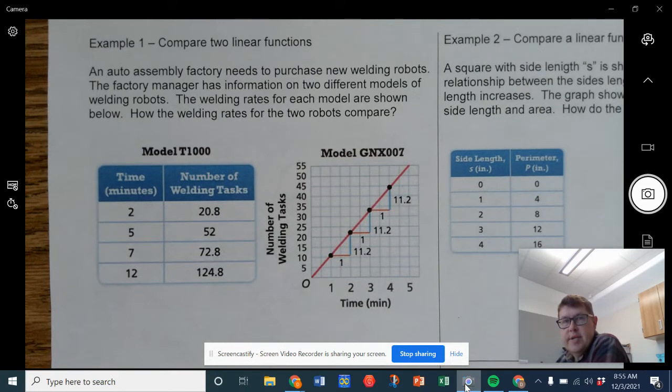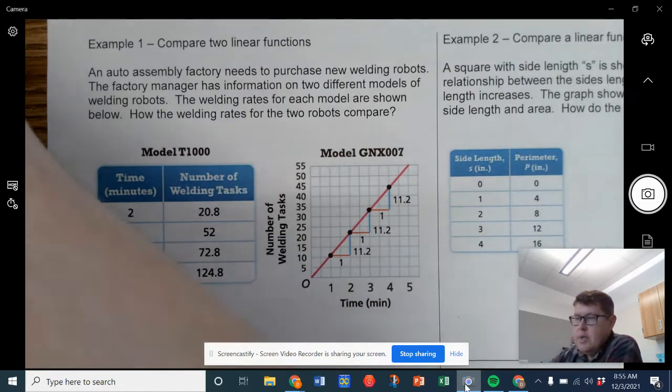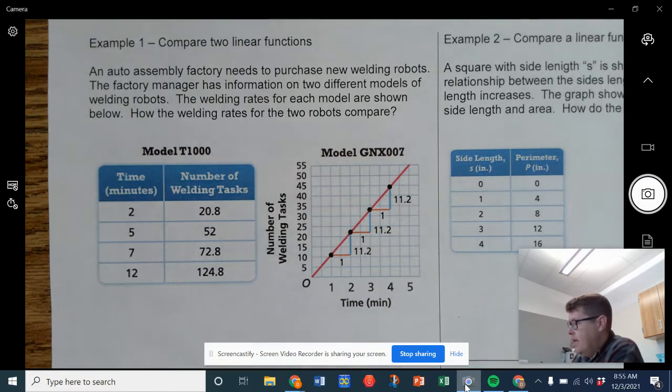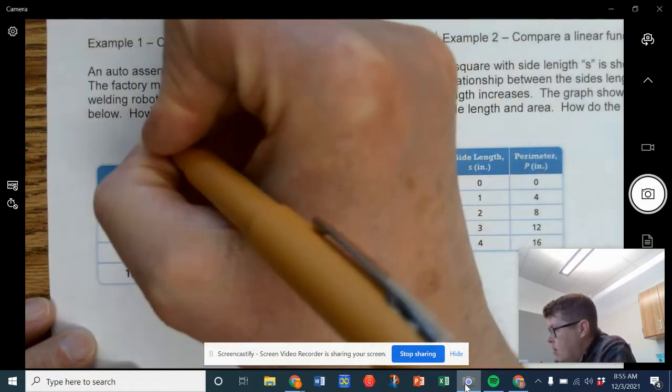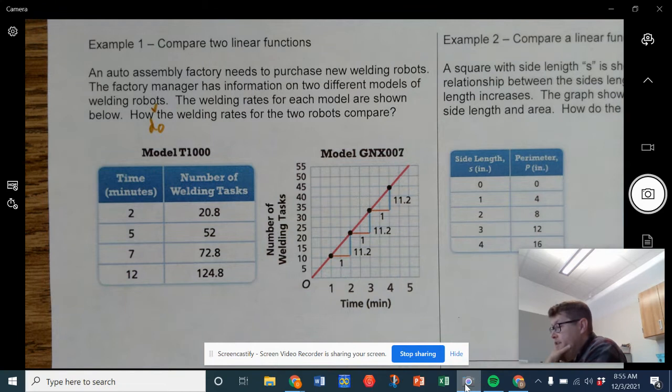An auto assembly factory needs to purchase new welding robots. The factory manager has information on 2 different models of welding robots. The welding rates for each model are shown below. And then, how do the welding rates for the 2 robots compare? Well, we have the